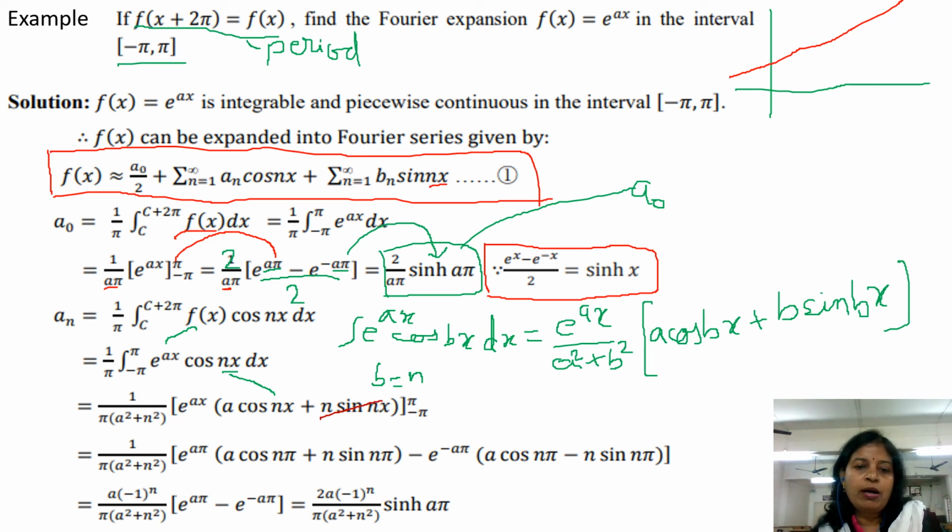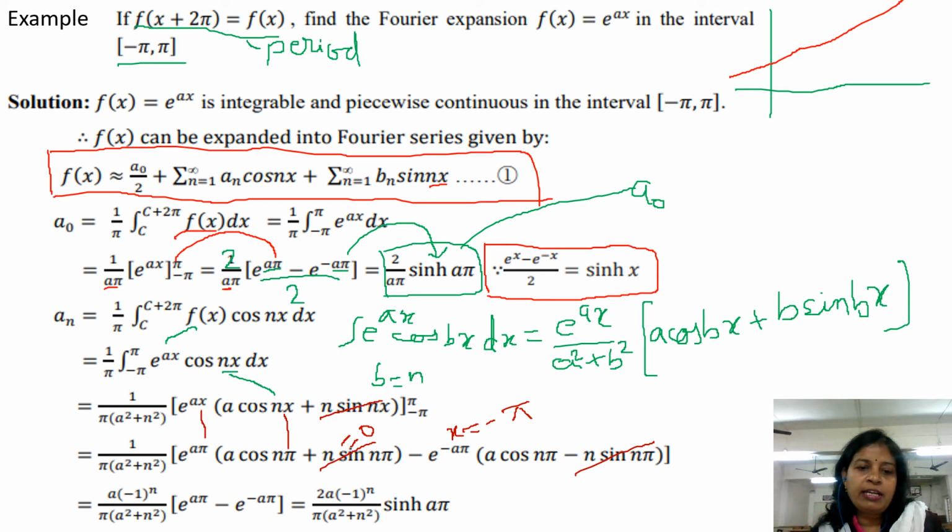Then you can put the upper limit pi in this. So in place of x, we are putting pi as the upper limit, and here also we are putting pi. Since this is 0, sin n pi is 0. And when we put the lower limit, in place of x you will put x is equal to minus pi. This is for the lower limit, minus pi. Again, since we know that sin n pi is 0, this will become 0.